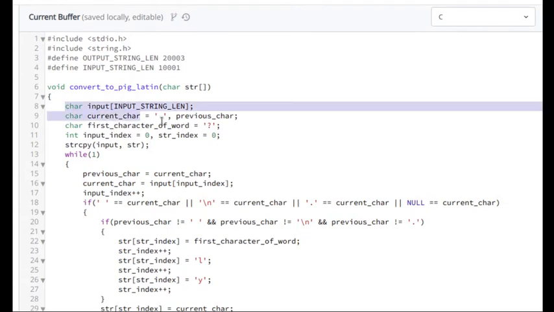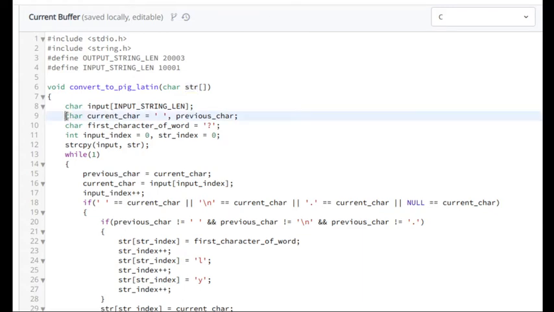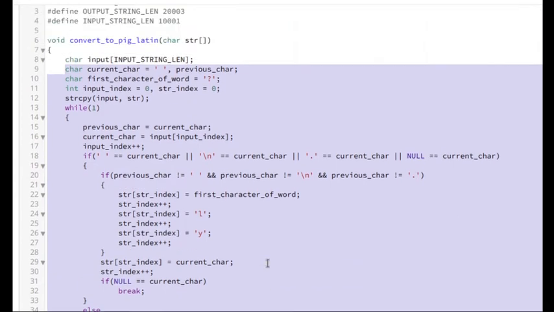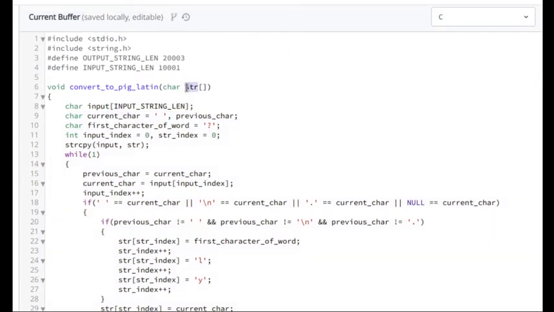So it has a few characters and integers. Let us look into it. One is the input. So why do I need this input of the input length? Because whatever is currently stored in str, I need to create a copy of it, because while solving it I will be overwriting the actual content of str. So before I overwrite the content of str, I want to make a separate copy of whatever is originally stored in str. That's why I create a character array named input, in which I will be copying the content of str. So str's content would be copied into input.